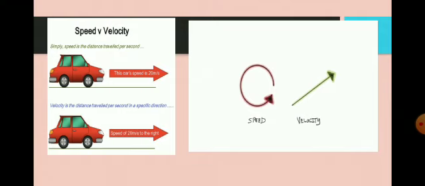And in another figure, a circular loop or a circular distance covered by a body and a straight distance covered by a body. So in the circular path, the displacement becomes equal to 0. Therefore, its velocity is equal to 0. So here only we discuss the speed. But in case of an arrow which is in green color, this is the shortest displacement directed towards northeast direction. Therefore, it is velocity.